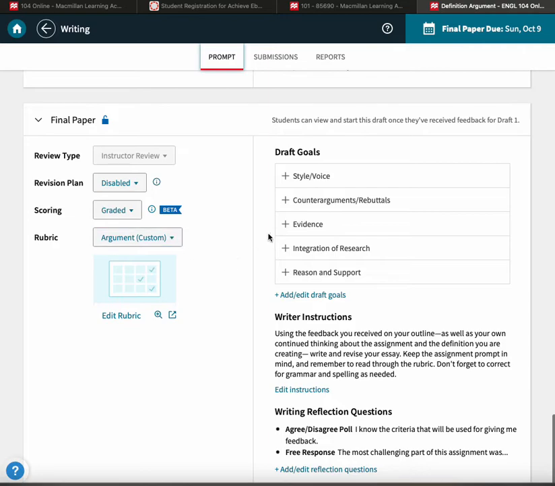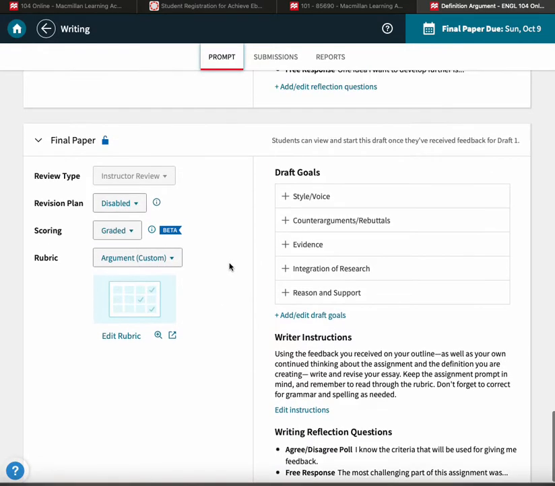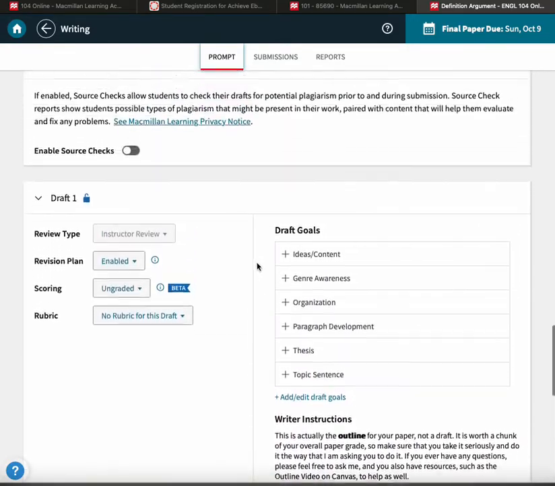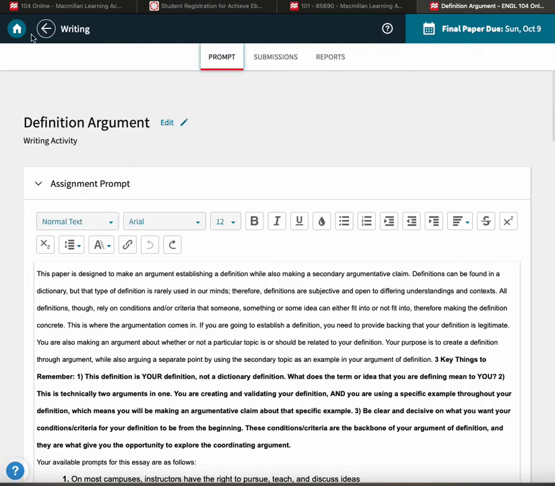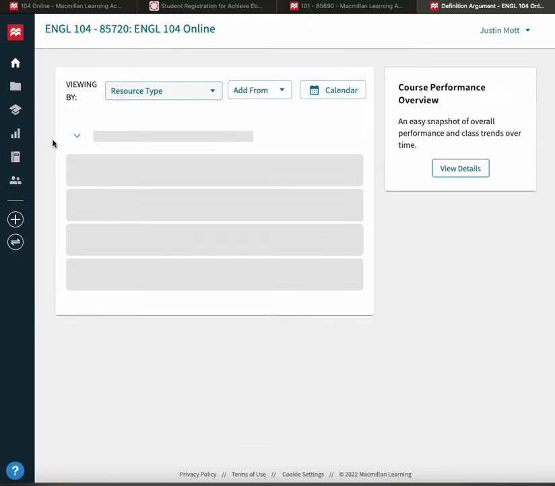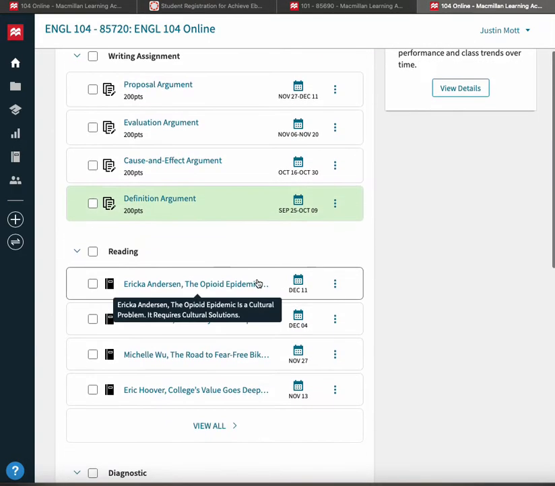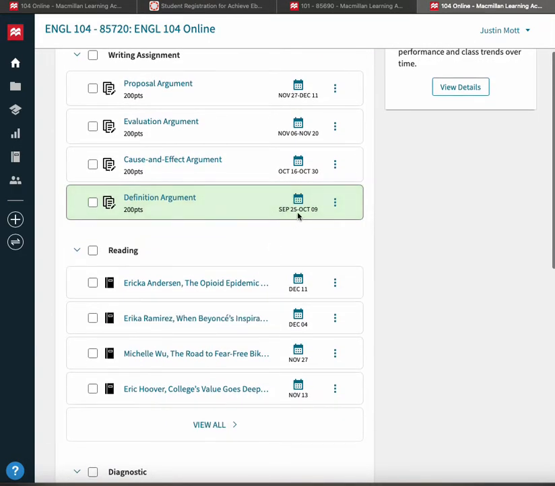And then your final paper will be turned in the same area. There's a rubric to give you an idea of the things I'm looking for. So again, hopefully that's relatively easy to understand. And this view shows you when the outline is due and when the final draft is due for each paper.